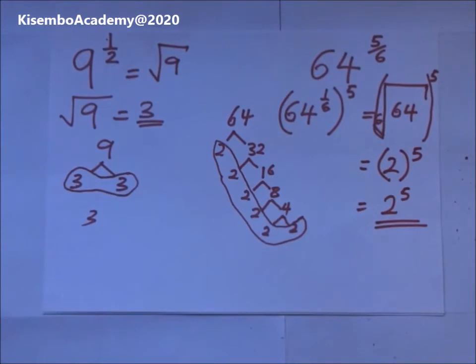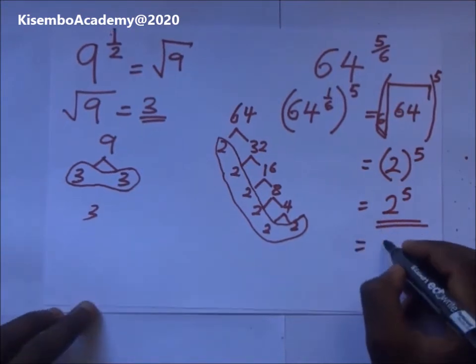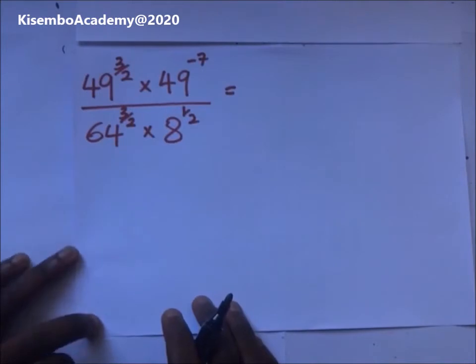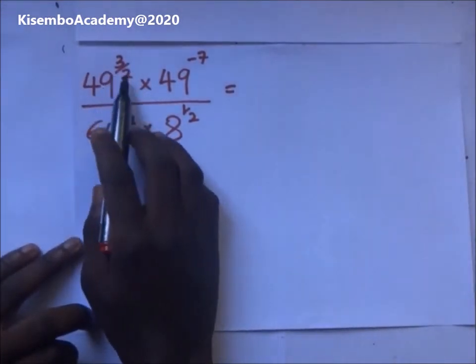You can go ahead and simplify it further. And of course, 2 to the power 5 will give you 32. So you could as well just say it is 32. That's our answer. So looking at this here, we have 49 to the power 3 over 2 times 49